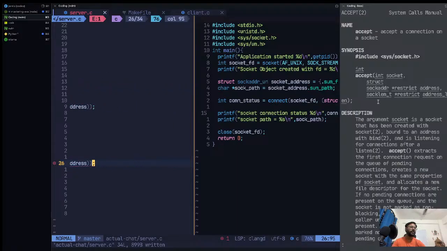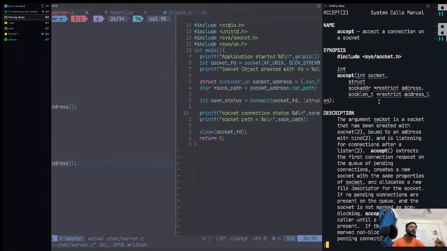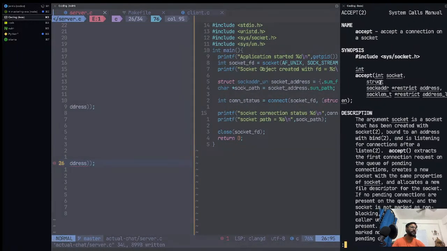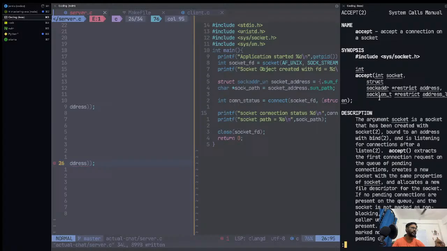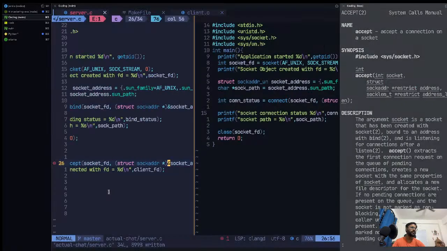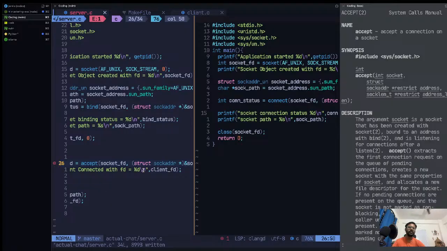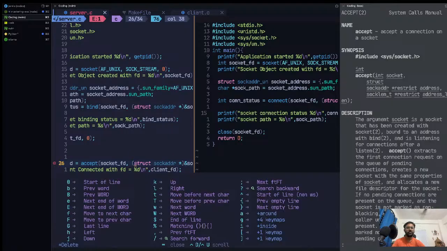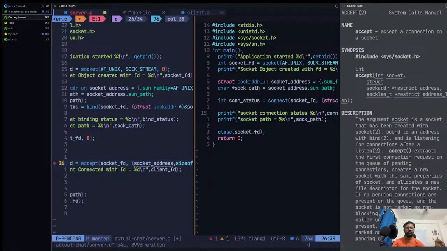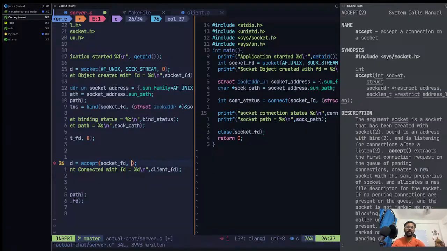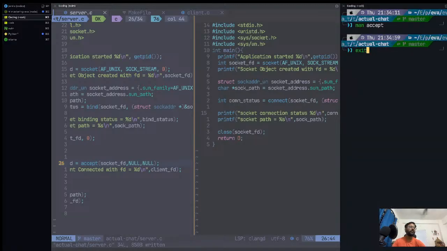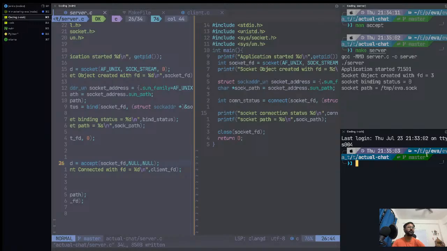It takes the struct and then the next argument is something different. The address is there, but it is not asking for socket length or restrict address. Delete till you find this. Make server and then that's